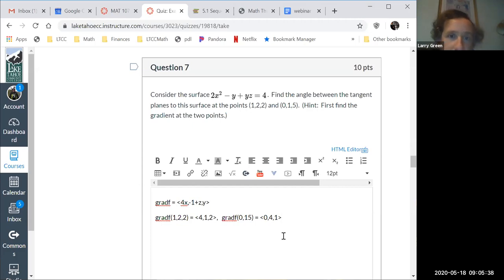All right. So I asked you for the angle between the planes. I did not ask you for the equation of the plane. But the idea is that we have the gradients, which are the normal vectors for the 2 planes. So if you remember, the definition of the angle between the planes is you just find the angle between the normal vectors. So how do you find the angle between the normal vectors? The hint is there's an easier way and a harder way. What's the easier way?